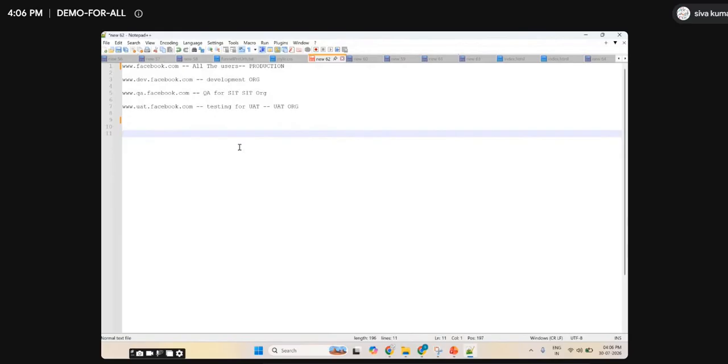We went through that SDLC process. The development will be happening, QA will be happening, and after that it will be moved to production. So will they directly do the development in the production environment? No. You're able to see my screen, right? Yes. Okay, so they won't. No one will do the development in production directly.